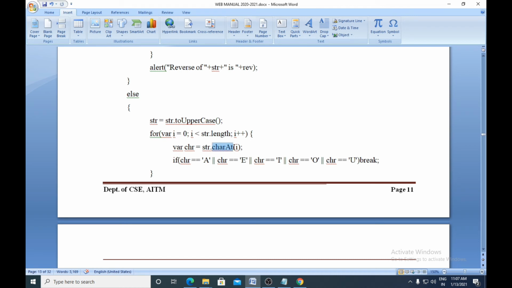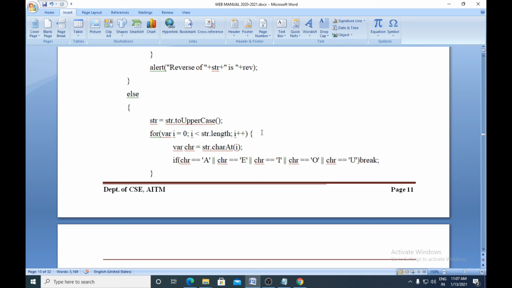So what this method does: you have a method here, charAt. This charAt method will get the character at that particular index. Now i is 0, so at index 0 I have the character C of the cat.